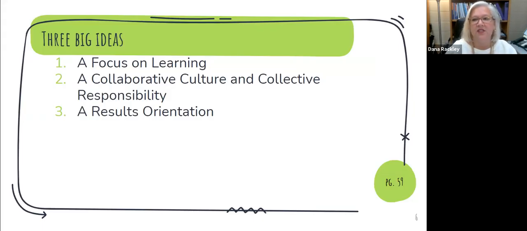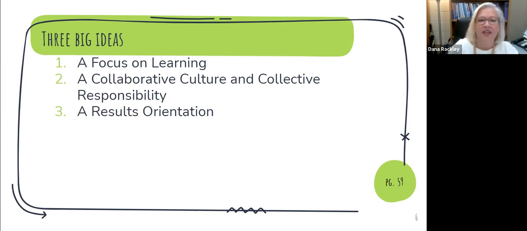Three of the big ideas through Solution Tree with this whole process are, number 1, a focus on learning. And that's what this is all about, the learning that the children do. Not just the teaching, okay, because we can stand up in front of the room all day long teaching, but the whole focus is on, did they learn it? So that's the number 1 big idea that Solution Tree uses. Number 2 is a collaborative culture and collective responsibility. These are all our kids, not just mine, not just theirs. They're all of our kids. And number 3, results orientation. Obviously, the result we want is student growth and achievement.